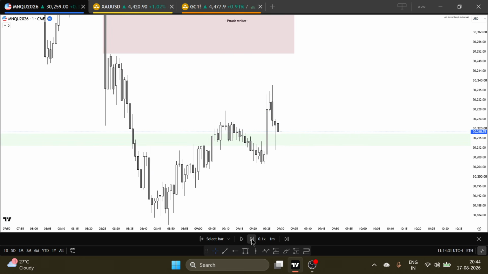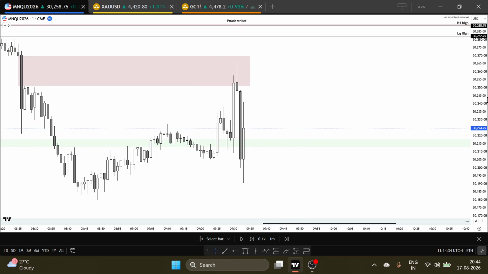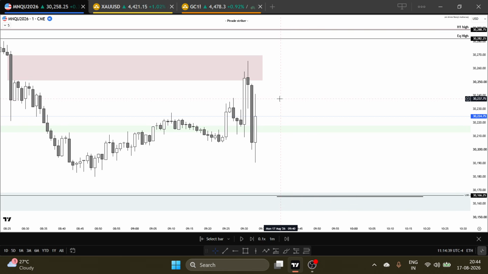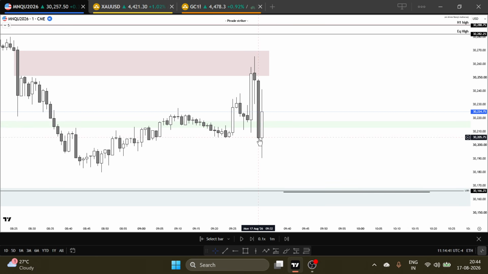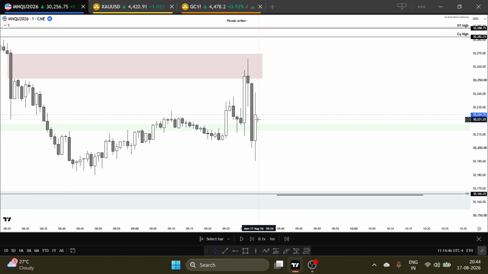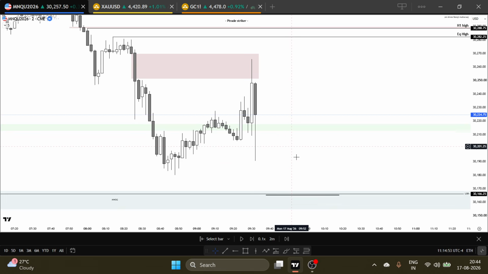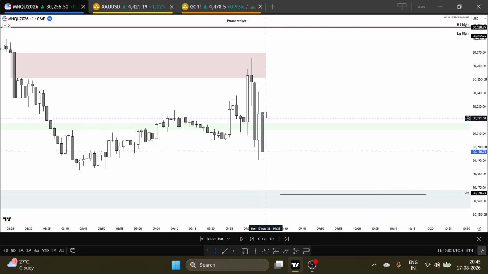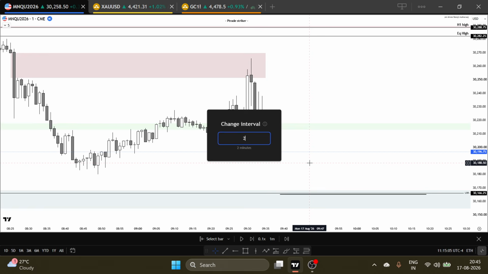Now here you can see we have this opening, and I didn't take entry on this candle because you can see price impulsed and closed below this low, but I want this candle to close and sustain below the candle low. When you check the 2 minute time frame, price swept this equal low and started pushing upside. So I really wanted price to give me confirmation for the sell side. And the next candle started pushing up.